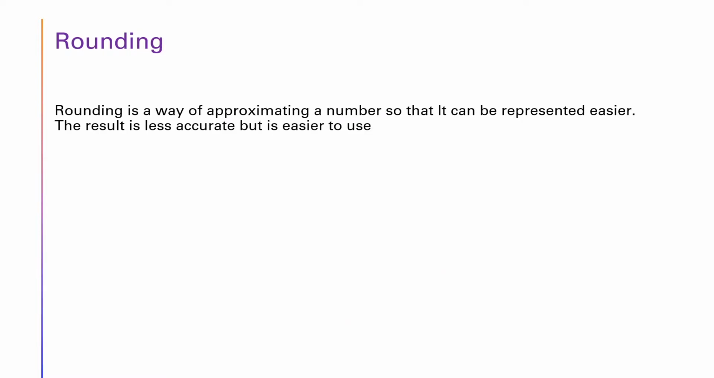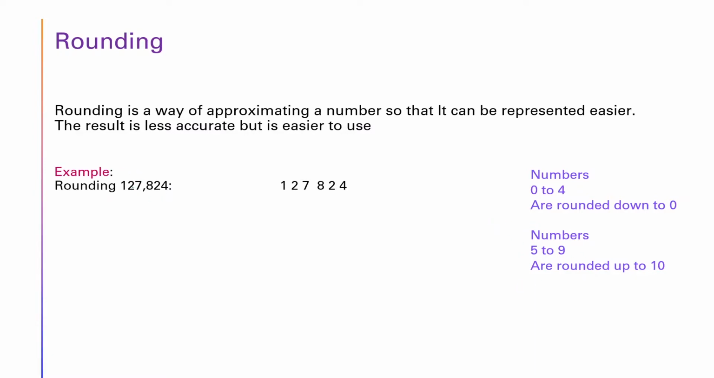Rounding. Rounding is a way of approximating a number so that it can be represented easier. The result is less accurate, but it is easier to use. Numbers 0 to 4 are rounded down to 0 and numbers 5 to 9 are rounded up to 10. For example, rounding